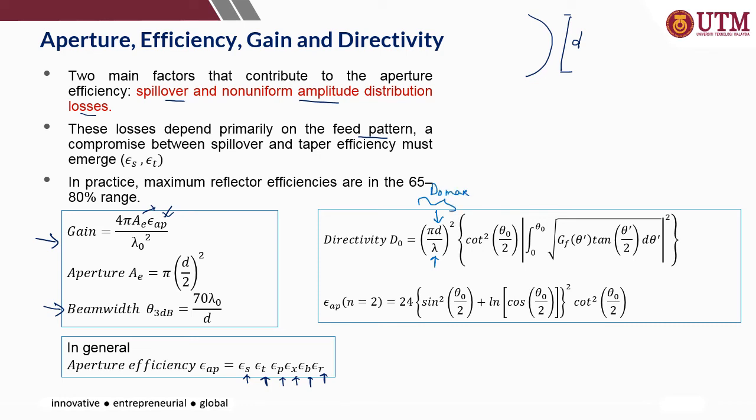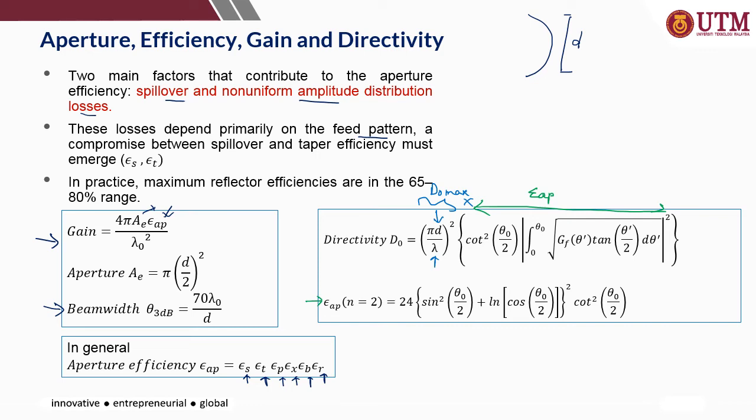Okay, the maximum directivity of the parabolic structure, multiplied by the one in the bracket here. The one in the bracket here represents epsilon AP, the aperture efficiency of the antenna. And the aperture efficiency for n equal to 2